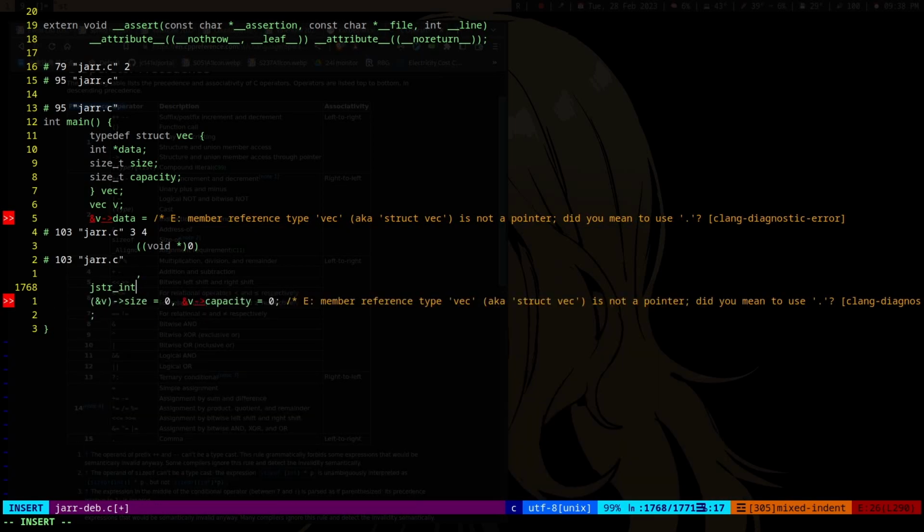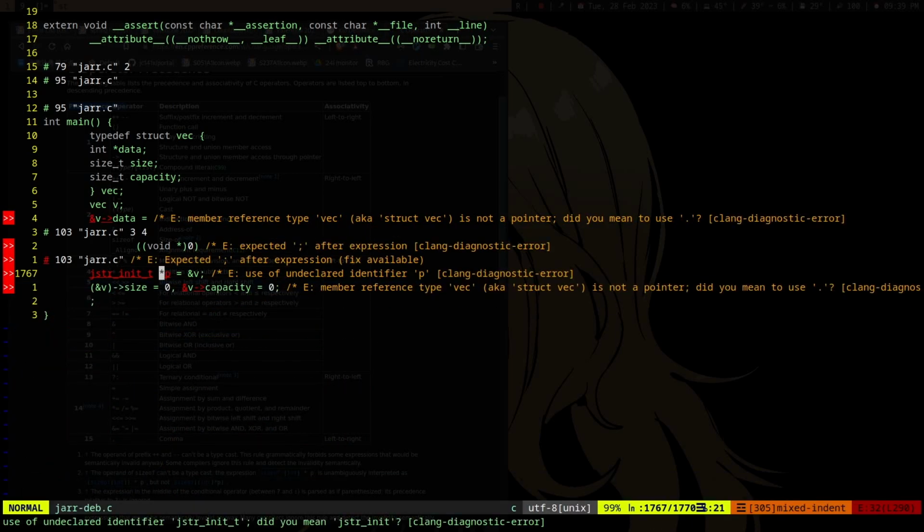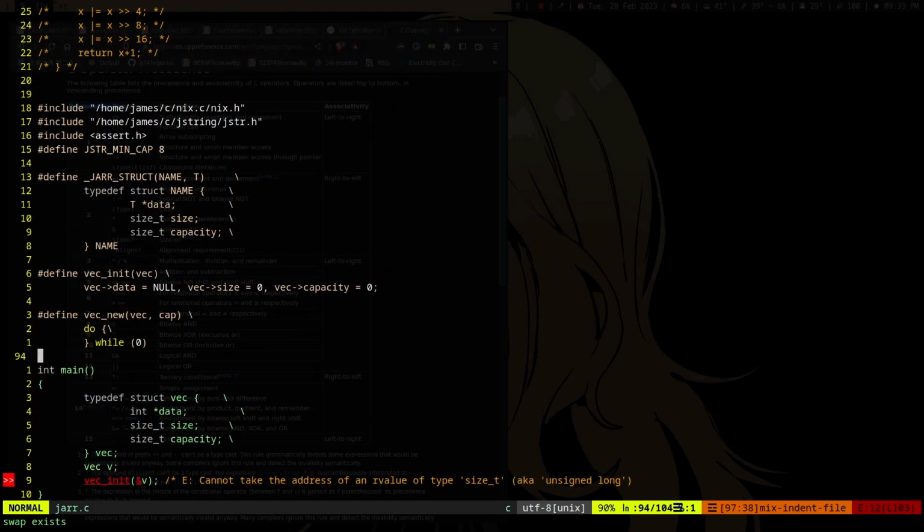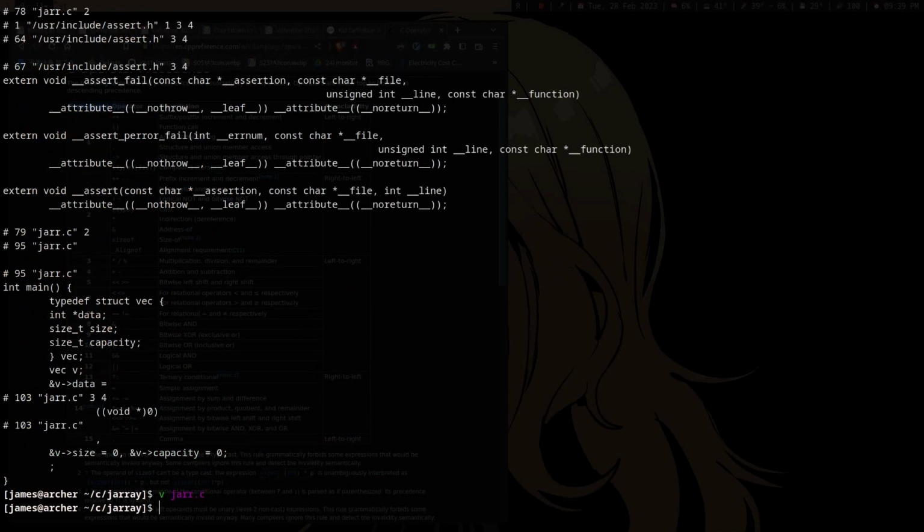jstir init t, and then like p, and then, right, it's an undeclared identifier p. Okay, but you know what I'm saying, right? Actually, let me. I don't know, but you get the point, right? So